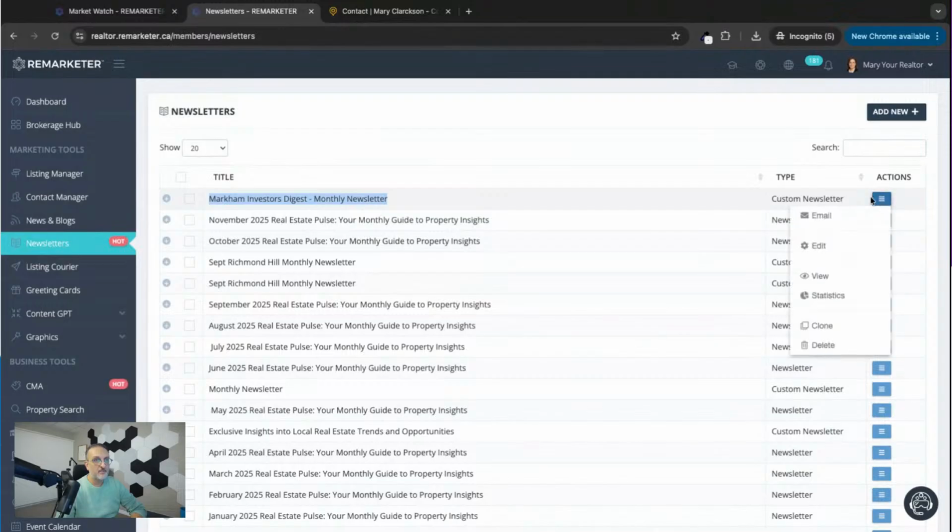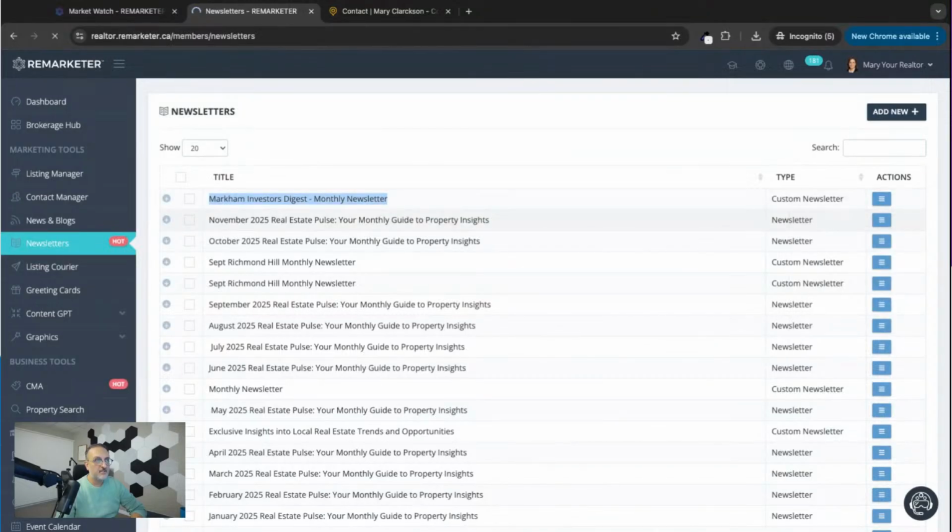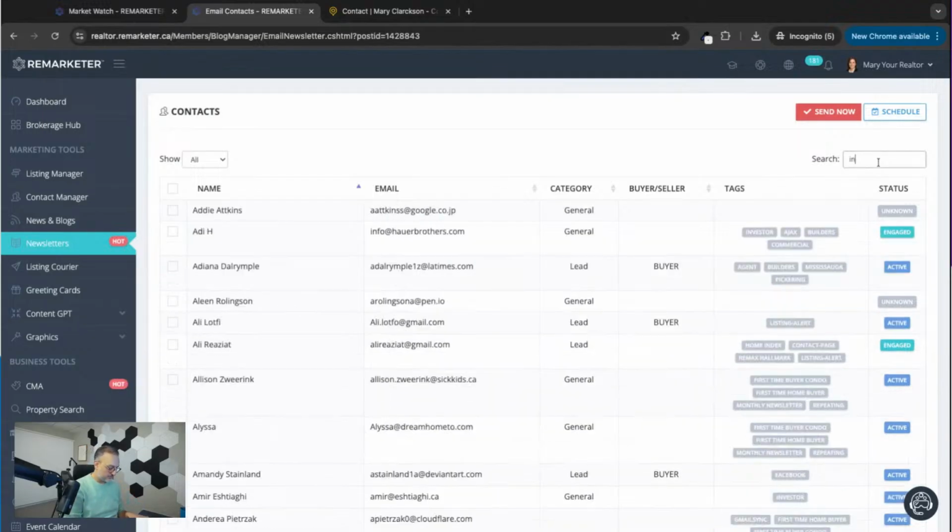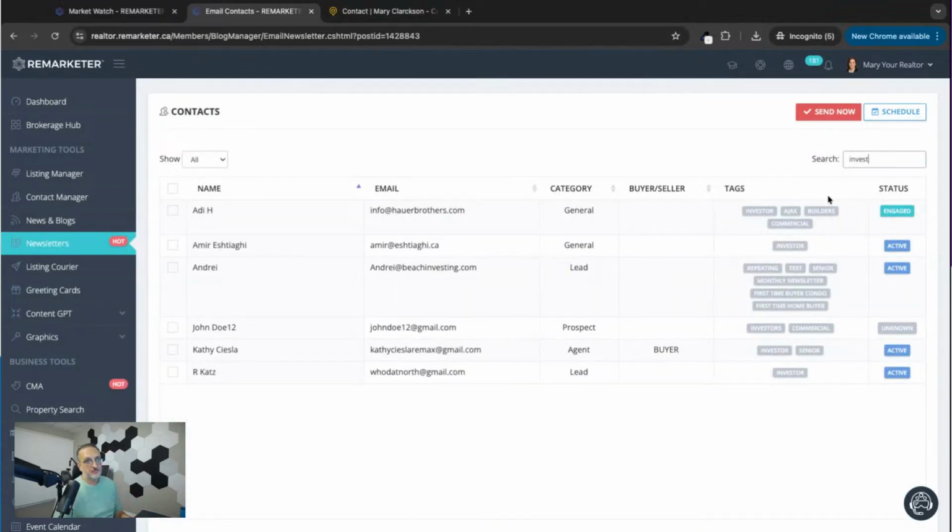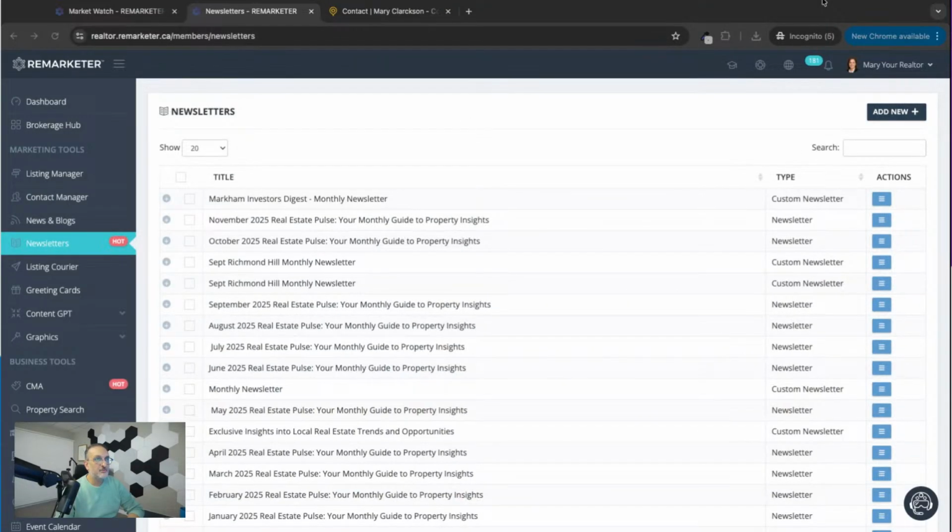What I will do is I will select actions and email. Next, I will be looking for investors. So once I start searching, anyone who's been tagged as investors is going to come up. I will select this and send it or schedule it to be sent later tonight or on another day. Let's say I want to schedule it to be sent on, I don't know, the 18th of the month or whatever, right? So that's how easy it would be